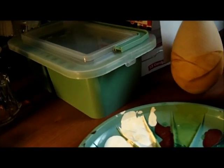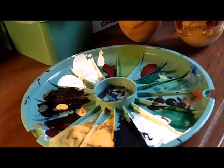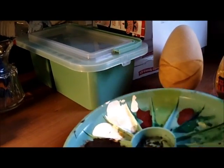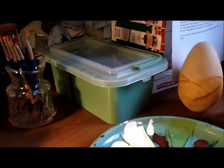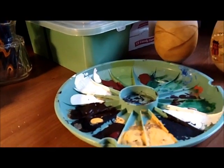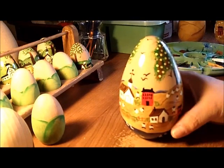And my only big expense when it comes to my painting, and that I regret, to be honest with you, and nothing against the woman who makes these or whose name is behind these, is I really didn't need to go to the expense of a brand name palette and paint caddy and all of that. All you really need is a jar or a cup with some water in it, and you could even use a foam plate. I have another one, smaller, that only cost me 88 cents at Walmart. My only regret in my entire craft room is going with a brand name thing, because I really did not need that. I really didn't. Okay, so